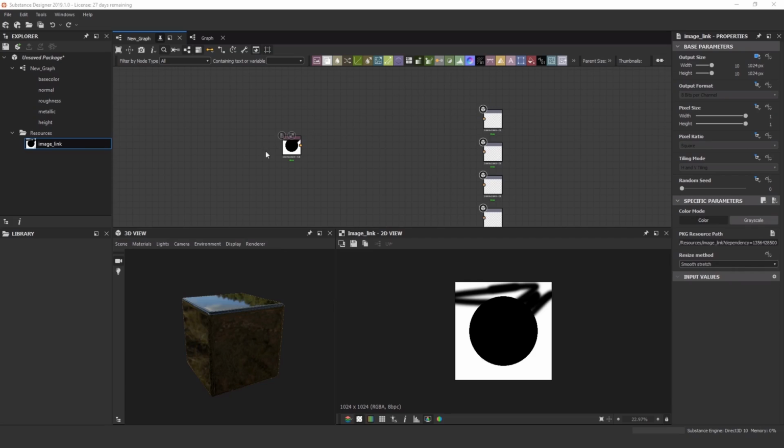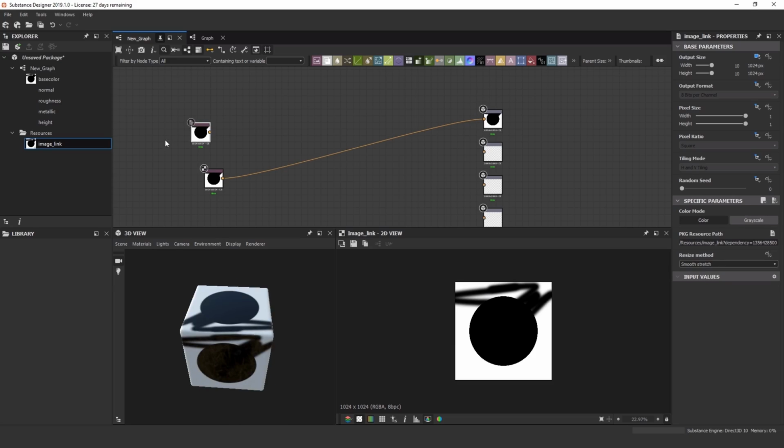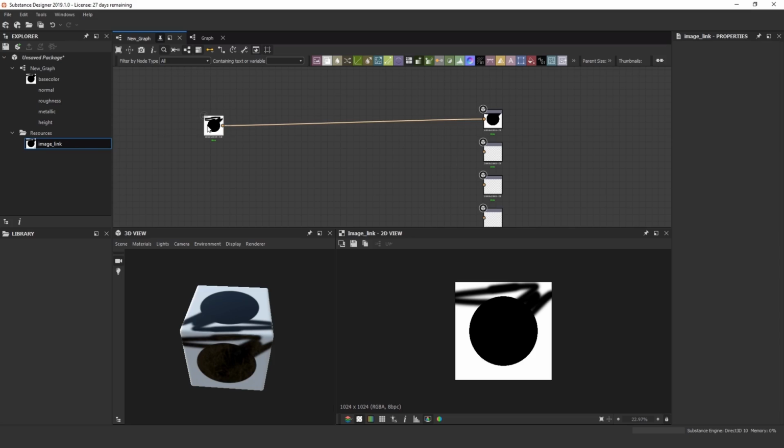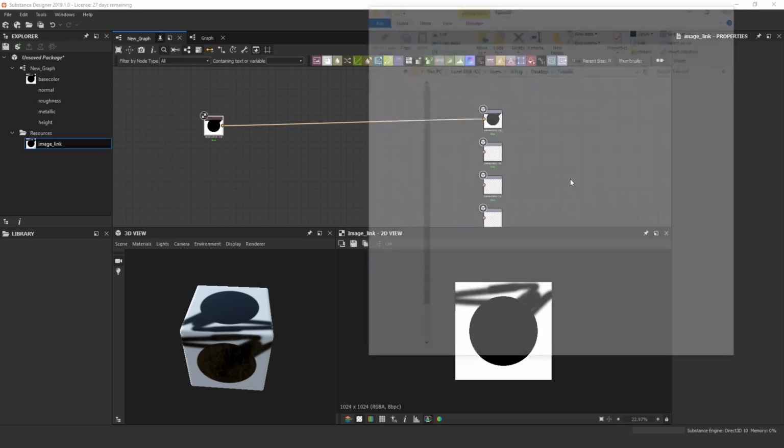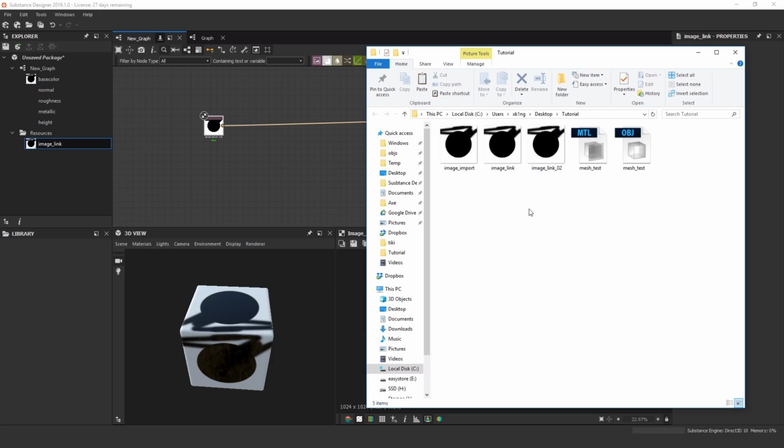Something to be mindful of with the resources inside of your package is the rare instance that something happens to the file. Say you've renamed it, you've moved it somewhere, or you've deleted it completely, and you need to plug it back in. A quick example: say we drag the resource in here, we're plugging away, making all this really cool art, and say this file changed. Let's go into the Explorer and show you where it is. Let's say we've renamed this file,